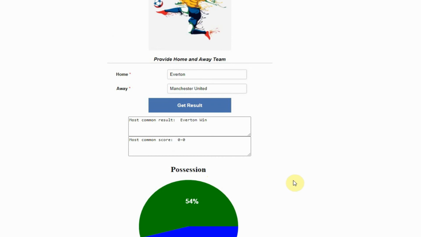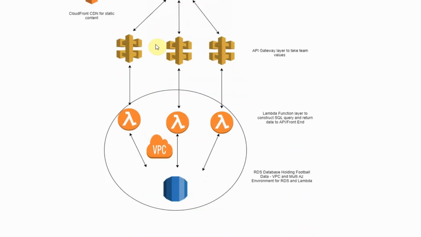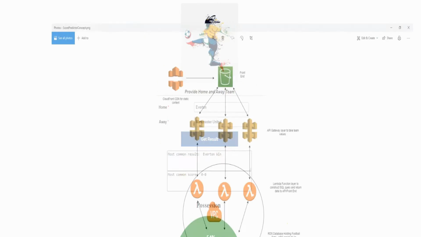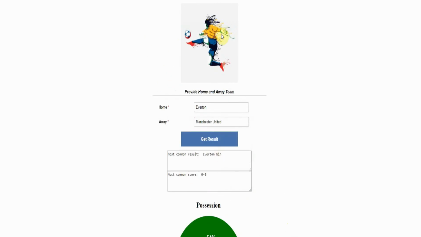So looking at the infrastructure behind this, I've drawn up this little diagram here. So we have our website stored in S3 and a CloudFront distribution set up for the images here as well, and that is just to mimic a real-world web application. So if we had edge users that were far away from where this website was hosted, they could then download the images of the website from the edge location, so they'll be able to download it at a quicker rate rather than actually going to where the website is hosted and downloading the images from there and potentially having a